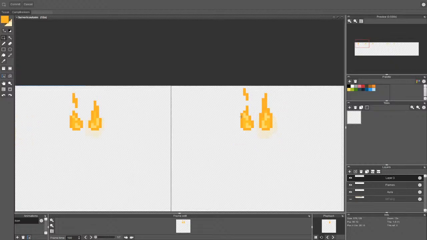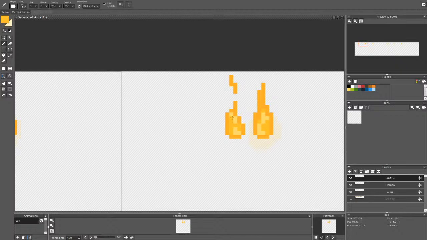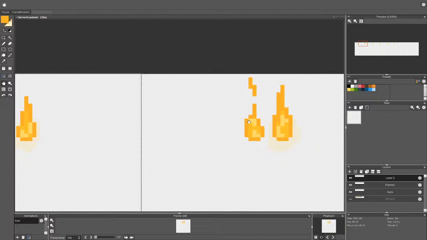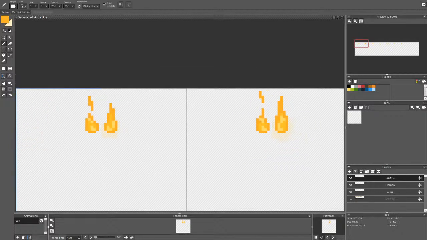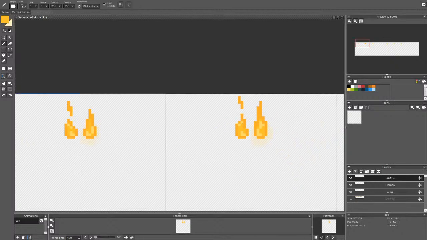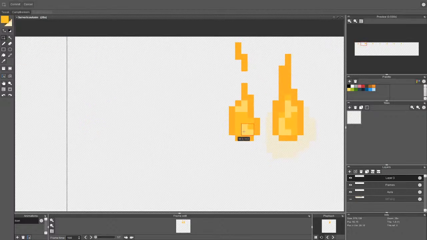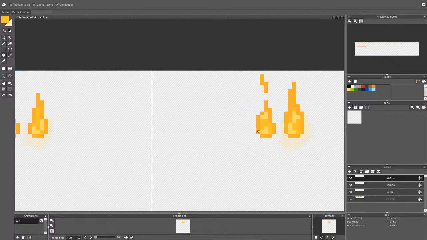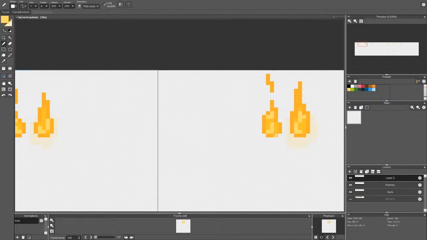Okay, so we are going for a little bit more violent start with the flames on the right side, on the left side. And maybe like this?